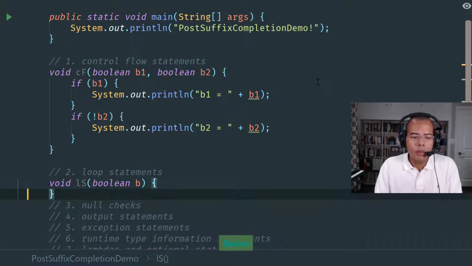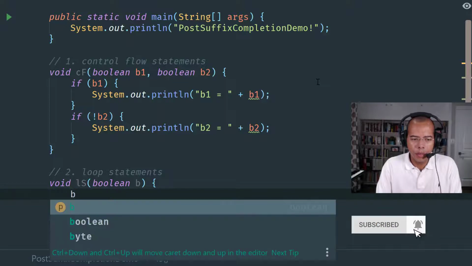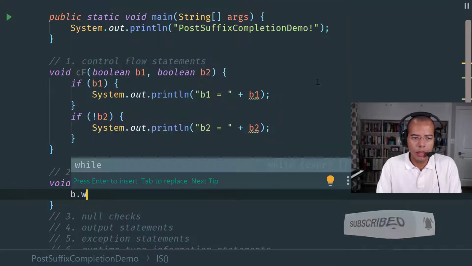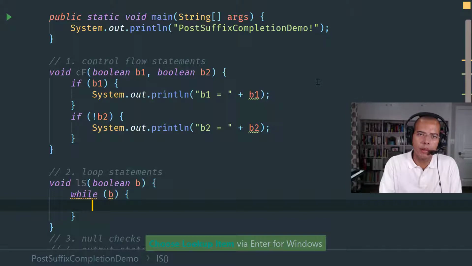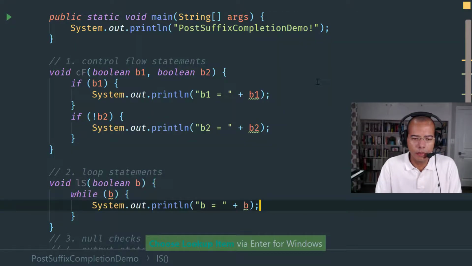So with post-suffix completion, just like we saw on the if, you type the target or the variable first, in this case our parameter, dot, and then you type while, bang, and again the cursor is at the position where you can just continue typing. Okay,